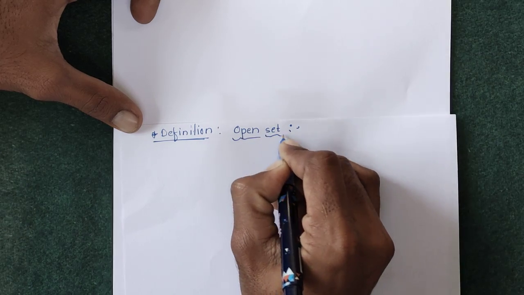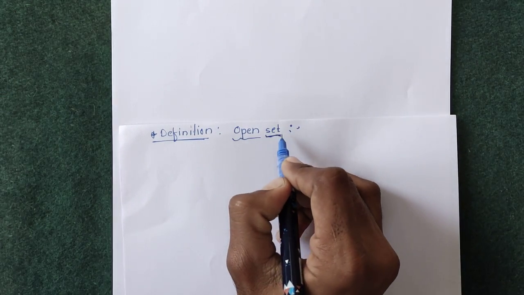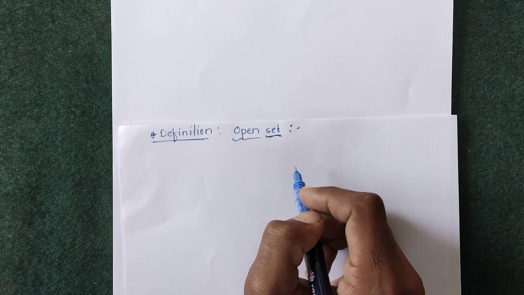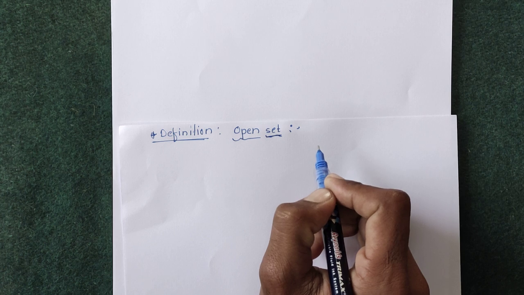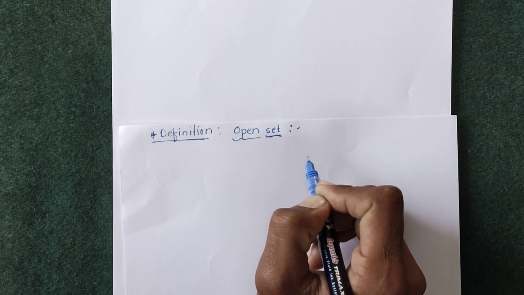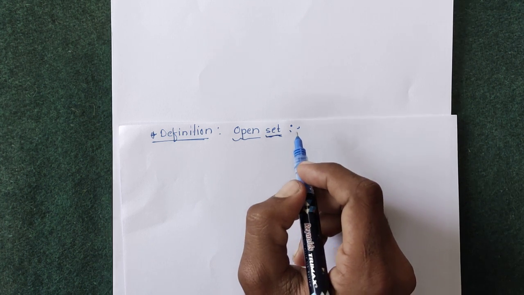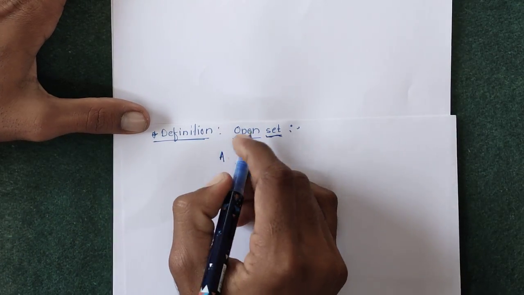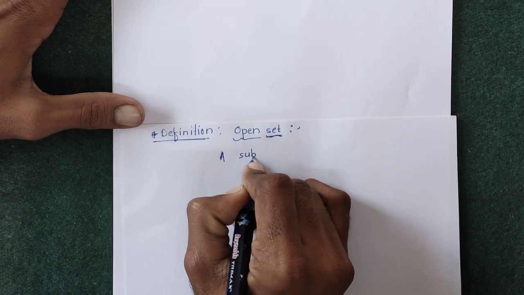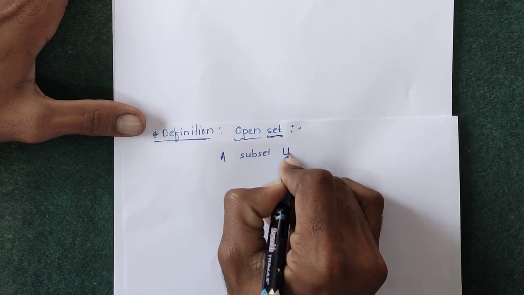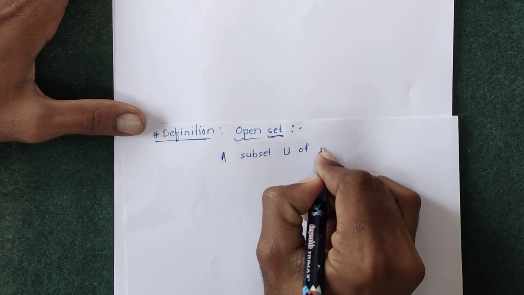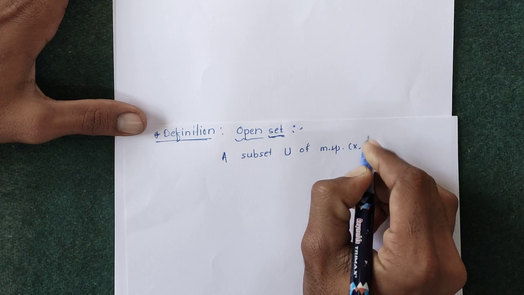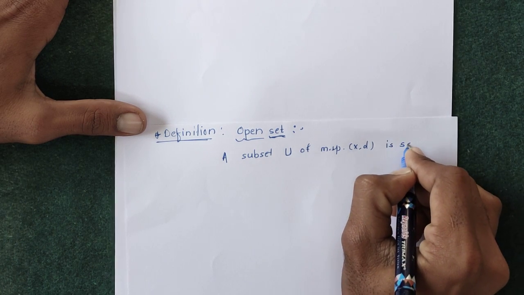In the previous lecture, we have seen the definition of open sphere. S_r(x) is said to be an open sphere if for each y belongs to that S_r(x), the distance of that center x and y is less than r. And now today we will discuss the open set. Now open set: a subset U of metric space (X, d) is said to be open,